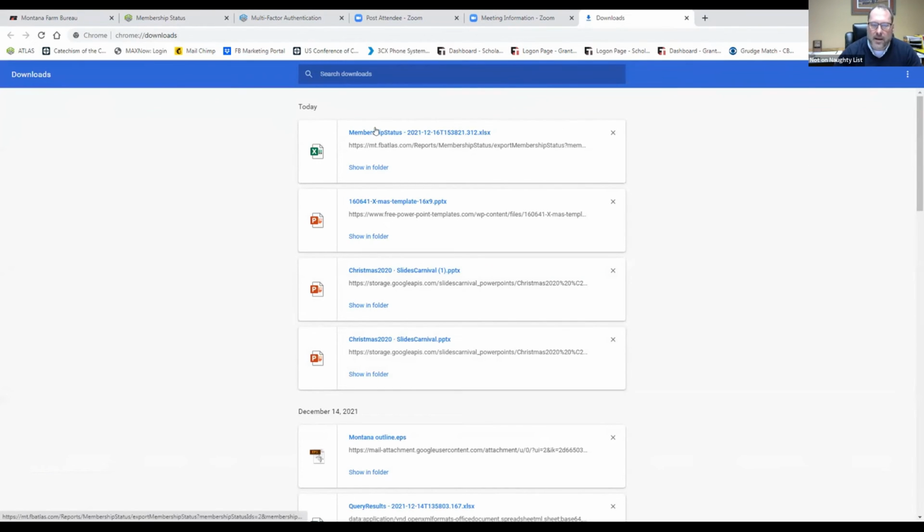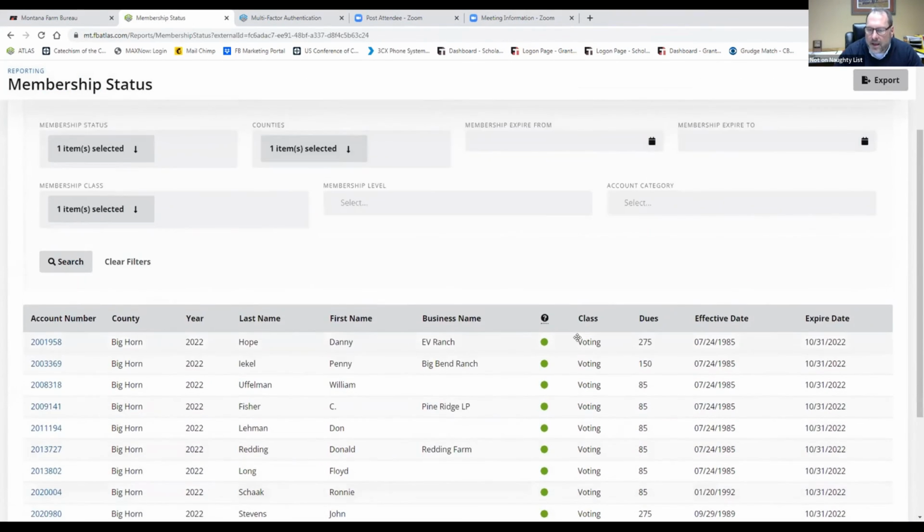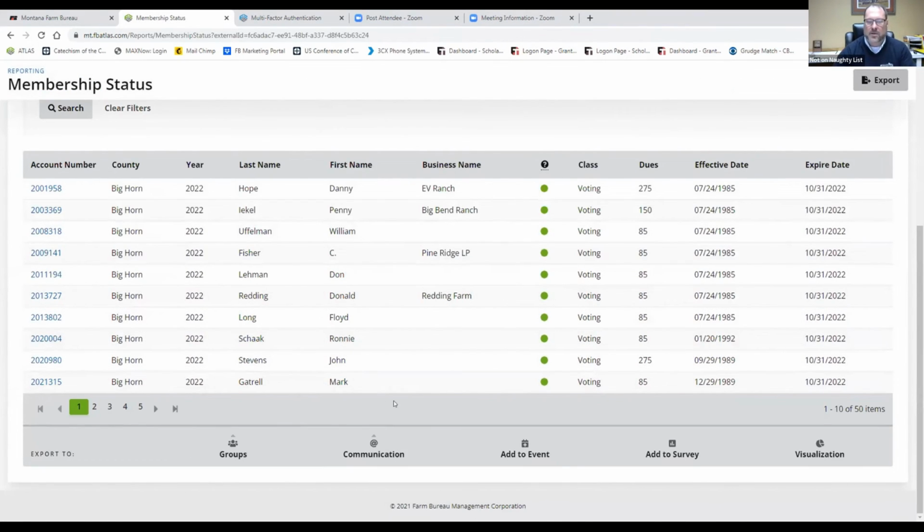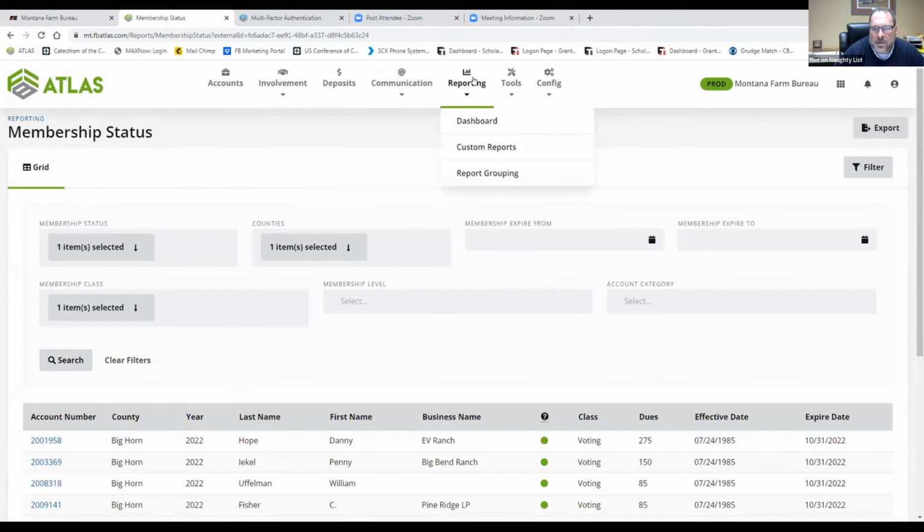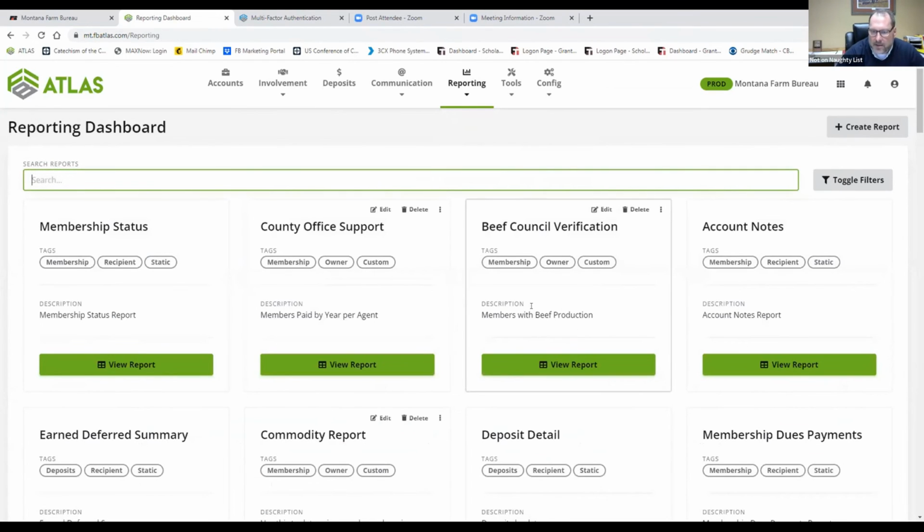So at that point, I've got a Microsoft Excel file that I should look at, and I can work with, do anything I want with. And so that's kind of handy. And then the other things that you can do, and what I'm going to show you here in a little bit, is you can add them right to an email, which I think is great. For the interest of time, I'm just going to show you one more. And that's what I think is pretty important.